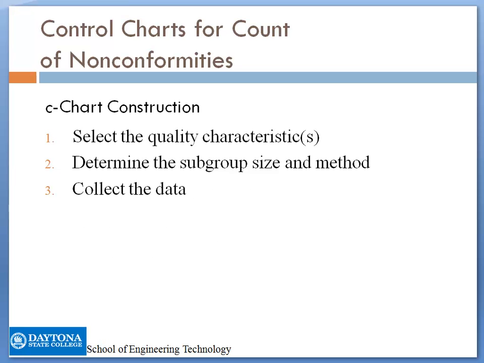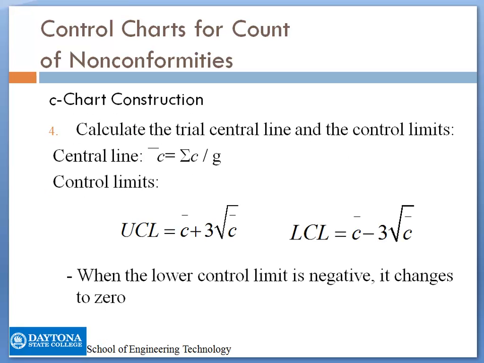So the construction of the C chart is identical to the other charts. You select the quality characteristic, then you determine the subgroup size and the method, and then you collect the data. Once you have the data, then you calculate the trial central line and the control limits, and then you have the different formulas. And when the lower control limit is negative, you need to change it to 0. Plot your